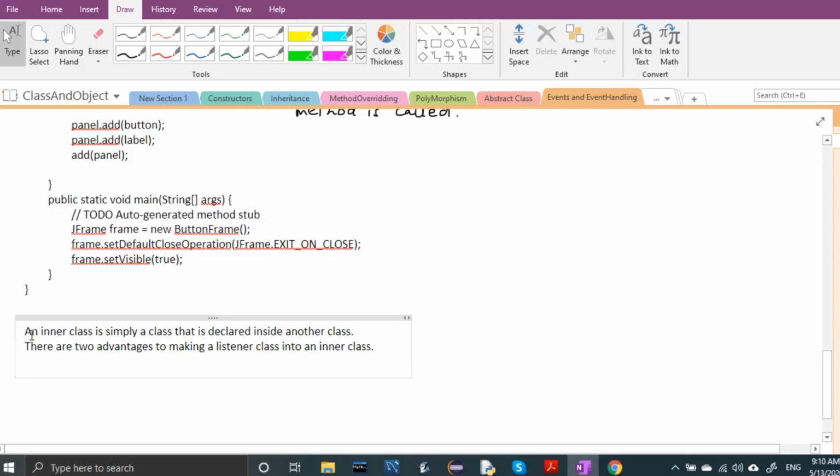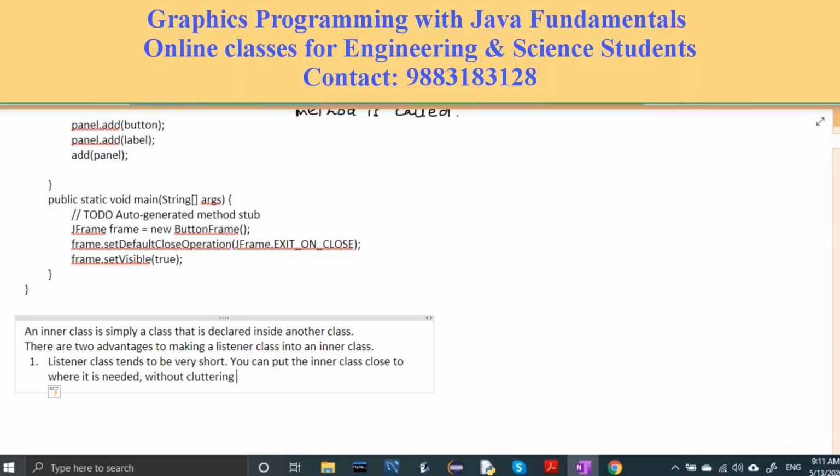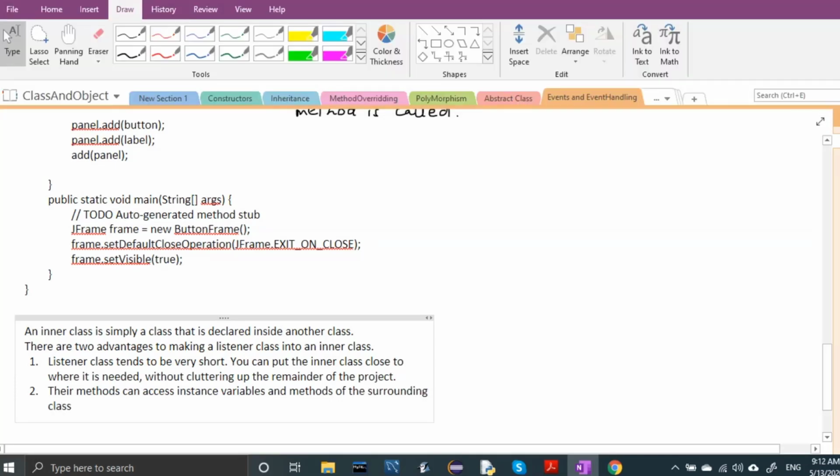Advantage number one: the listener class tends to be very short, without cluttering up the remainder of the project. Number two: their methods can access instance variables and methods of the surrounding class.